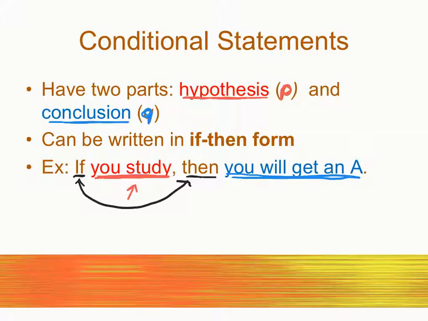So you're going to hear me talk about the hypothesis, and I'm going to always label it as a P. I'm going to talk about a conclusion, and I'm always going to label it as a Q. We write them like this. We have a mathematical way of writing it, and it looks like this. And what this means when we translate this out of math nerd speak is if P, then Q. That arrow means that if P happens, then it is a guarantee that Q will happen as well.